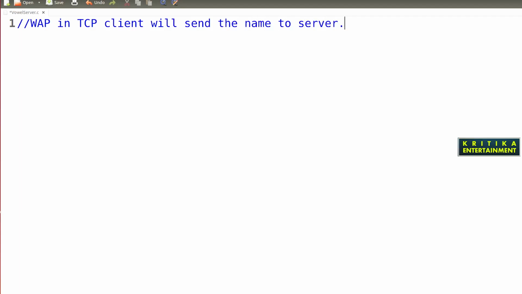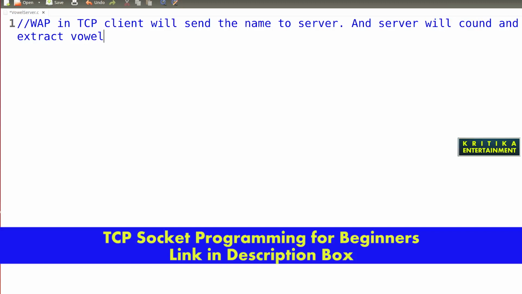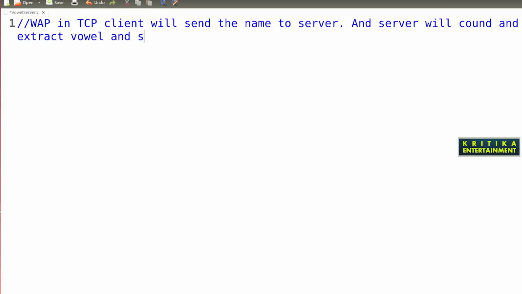Here I first write the problem statement as a comment: write a program in TCP. The client will send the name to the server. The server will count and extract vowels and send them back to the client.